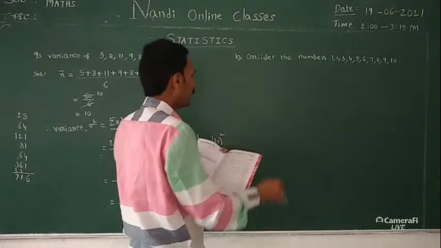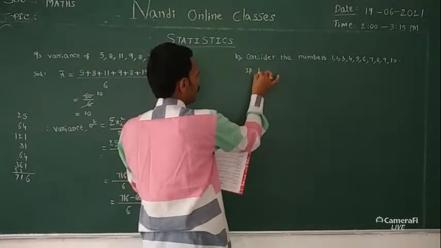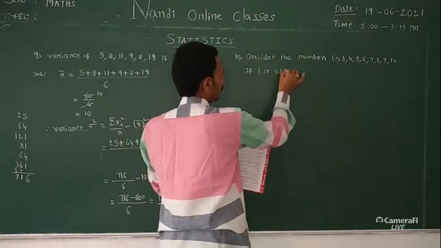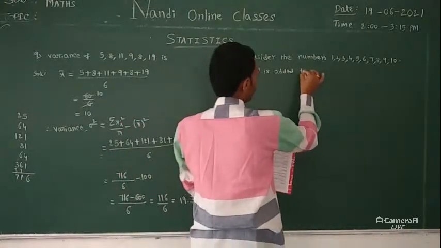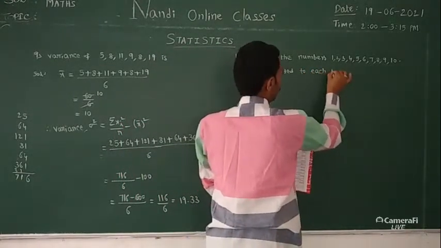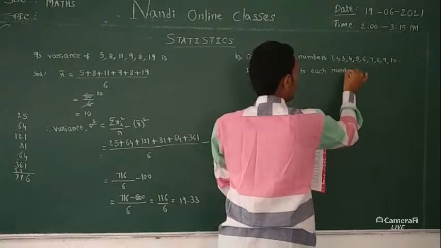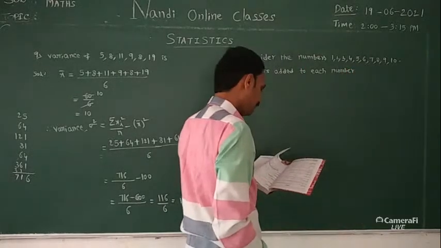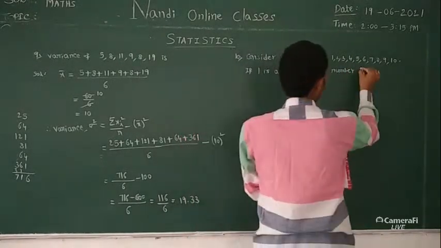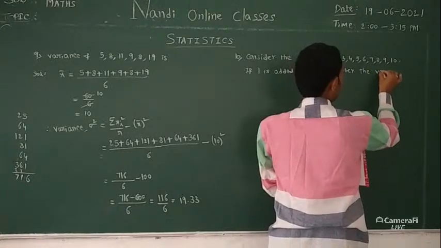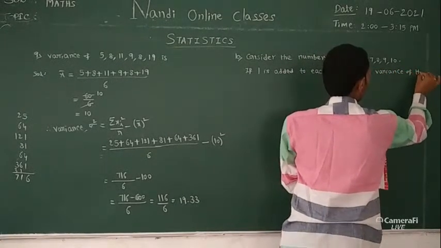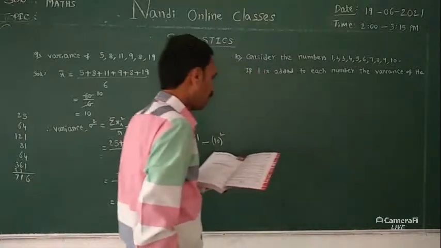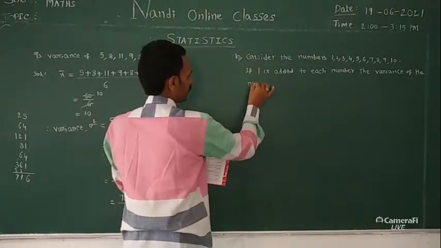If 1 is added to each number, the variance of the numbers so obtained is,